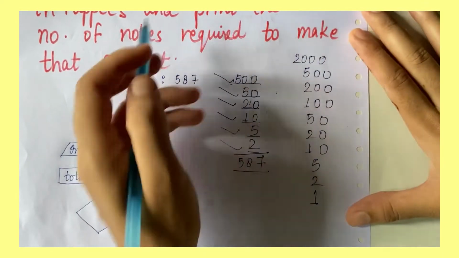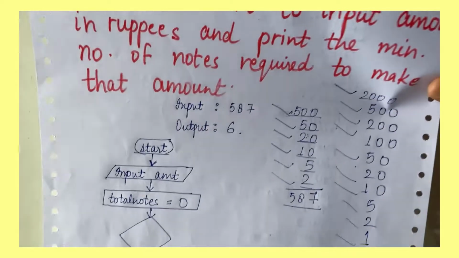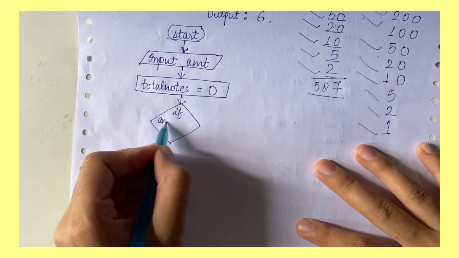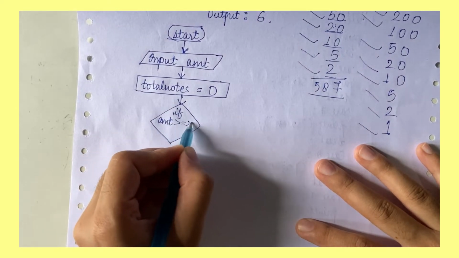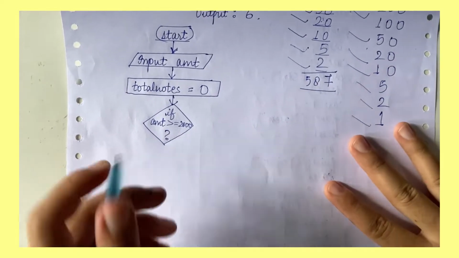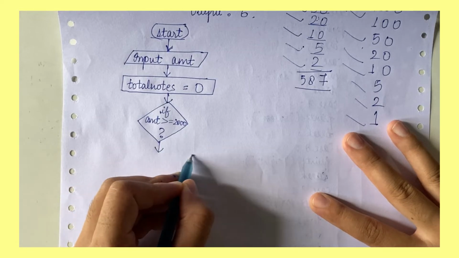That means we have to check for all of these. So the first case is for 2000. If the amount that the user has given is greater than 2000, then we definitely need a 2000 rupee note, right? So if this condition is true, then what we will do,